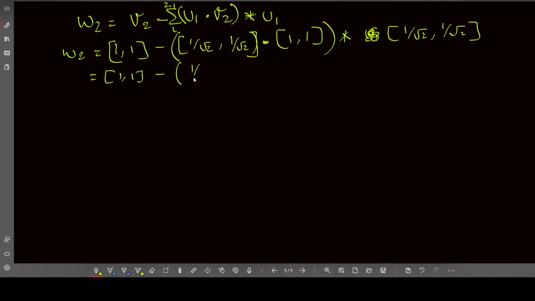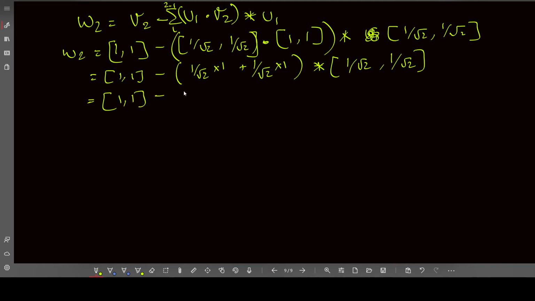So that's 1 by root 2 into 1 plus 1 by root 2 into 1, multiplied by 1 by root 2 comma 1 by root 2. So that's 2 by root 2, that's root 2. So that's 1 comma 1 minus root 2 multiplied into 1 by root 2 and